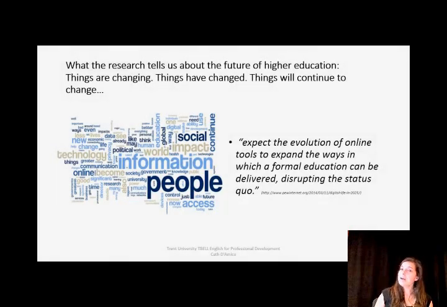So now I'm going to talk a little bit about what research is telling us about the future of higher education. We all know that things are changing. Things have already changed and things will continue to change. So we must expect that the evolution of the tools we're using to offer blended learning opportunities will continue to expand the ways in the delivery of education, in the delivery of courses, in the delivery of lessons.